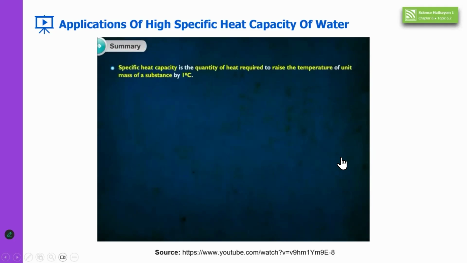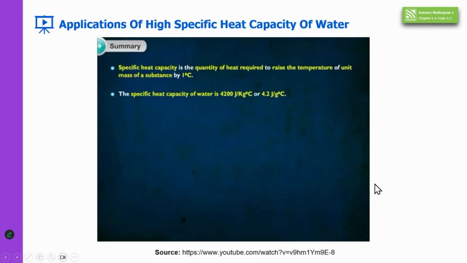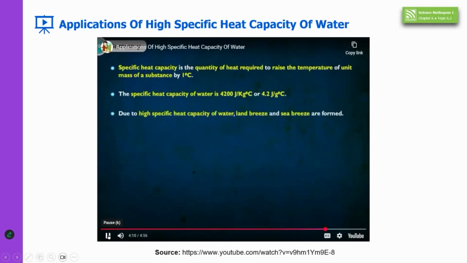Specific heat capacity is the quantity of heat required to raise the temperature of unit mass of a substance by 1 degree Celsius. The specific heat capacity of water is 4200 joule per kg degree Celsius or 4.2 joule per gram degree Celsius. Due to high